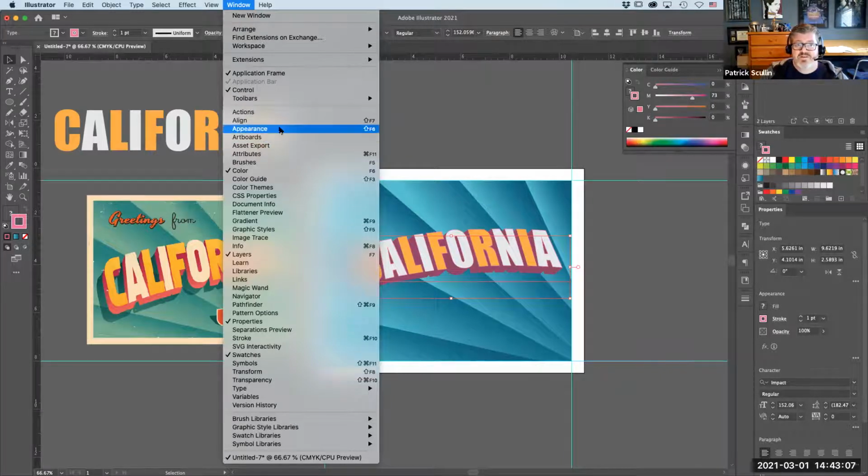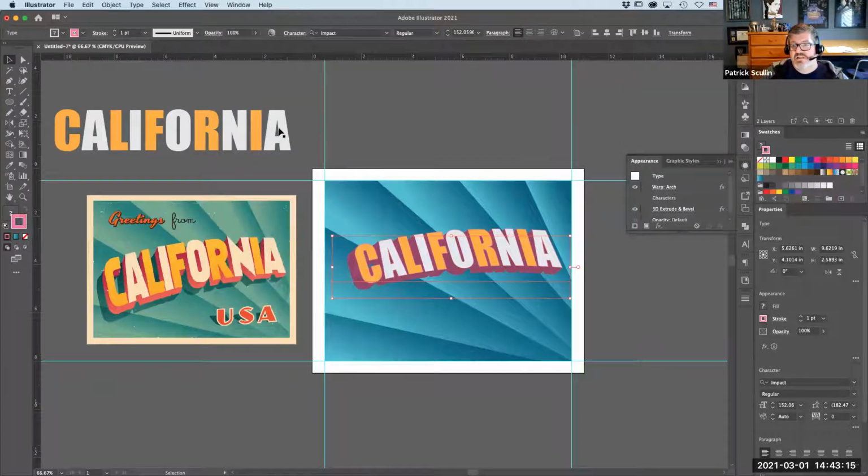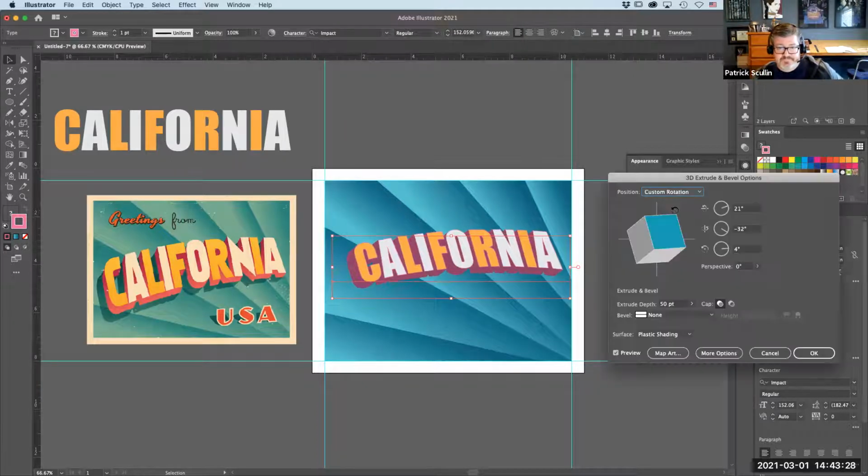So under the window menu is the appearance palette. The appearance palette stores every attribute you've applied to an object. So here you go. If I click on that appearance palette, you'll see that it actually lists here the 3D effect, the 3D extrude and bevel, because that object is selected. So if I click it here, it will return me to that dialog box and exactly where I left off,